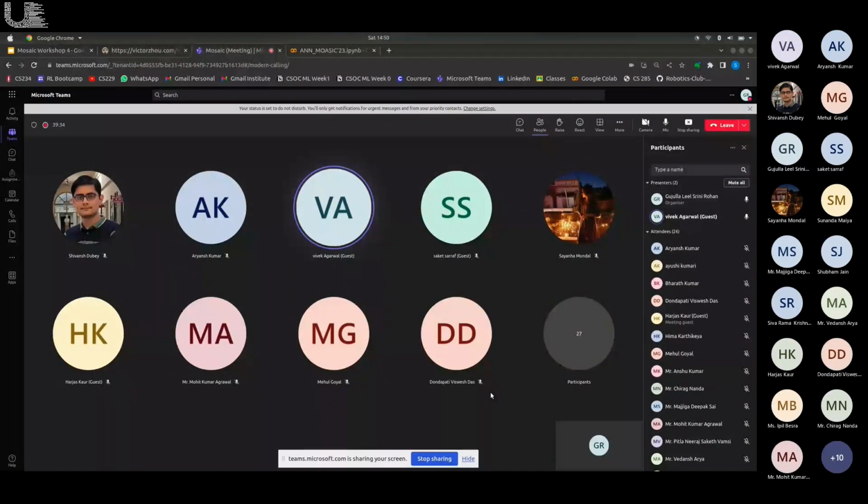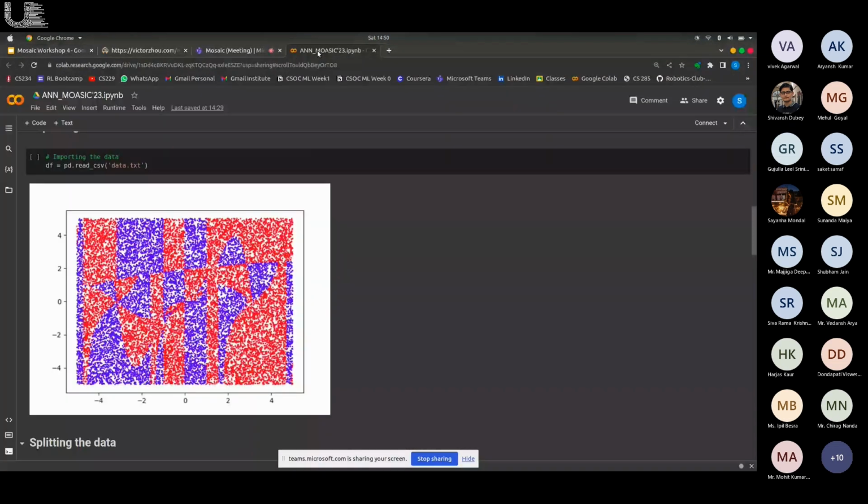It's visible, right? Wait a second, it's loading. Yeah, visible now. Yeah, okay. So